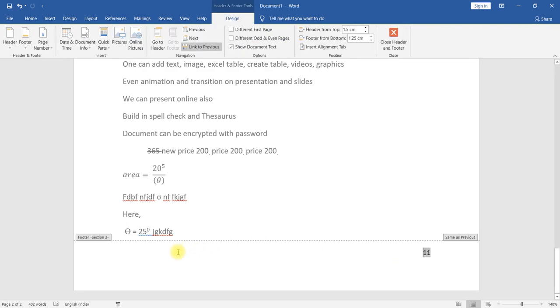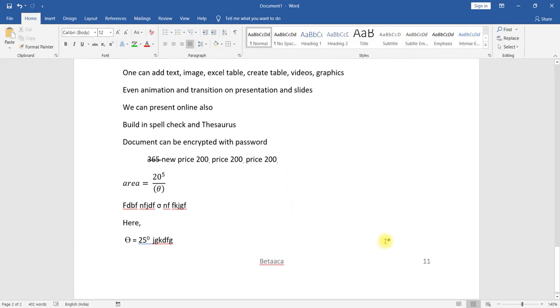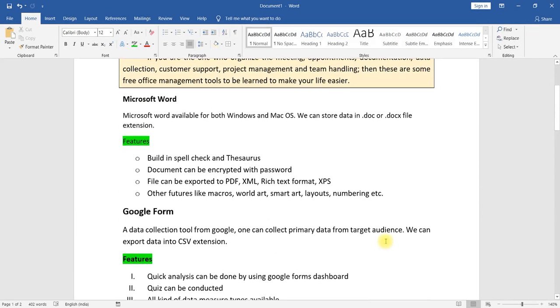Here you can write; the page number has been written. On the other side you can write anything you would like in the footer. Like this you can use a footer also, header and footer. At a time you can edit the header, footer, as well as page numbers.